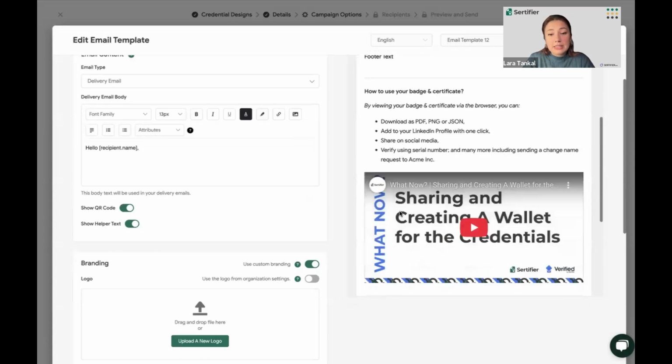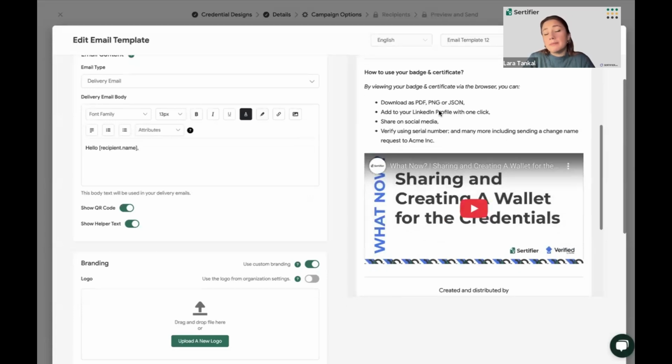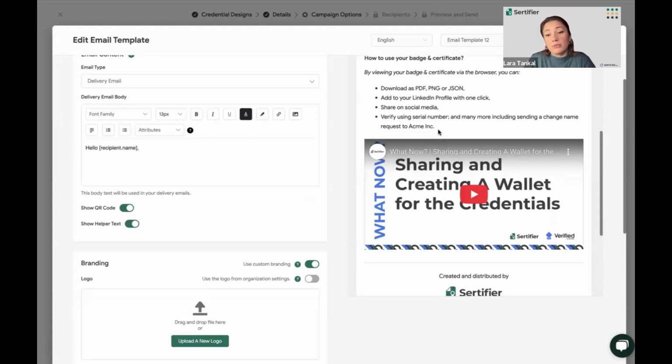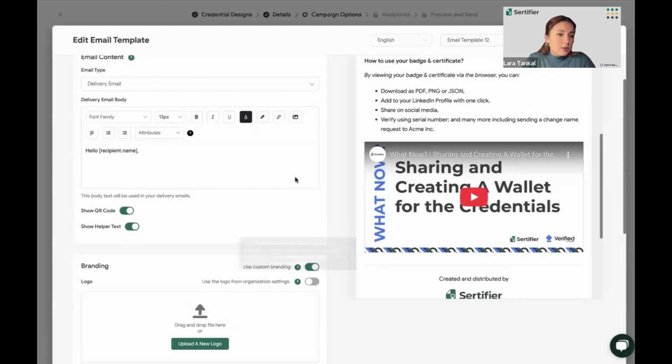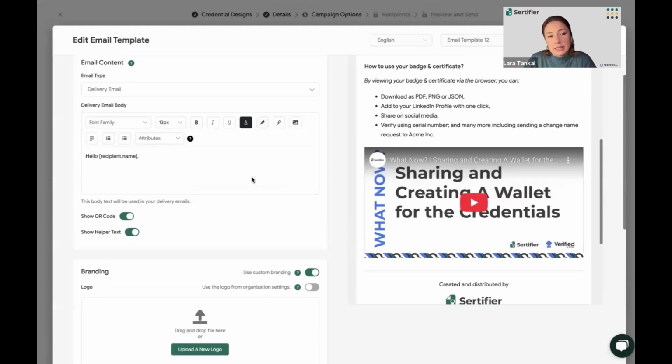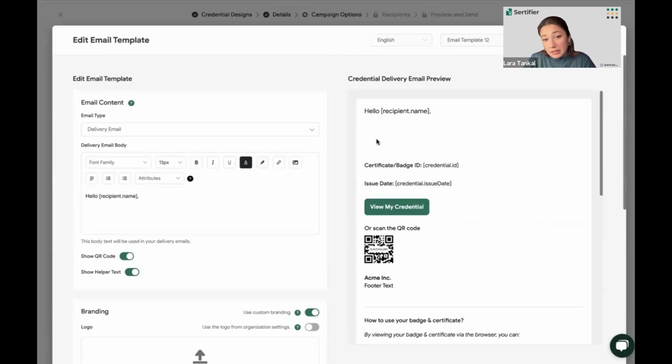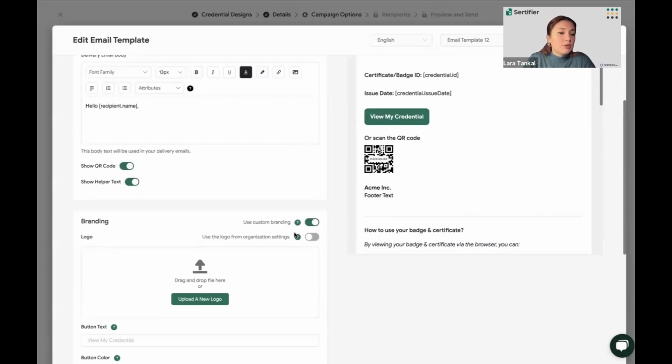And the helper text will be including any needed information for your recipients on how to download their credentials, how to share, how to embed, along with a video tutorial with all of that information. Once you have customized the body of the email, you can then start working on the branding as well if you have the branding add-on in your account. So the